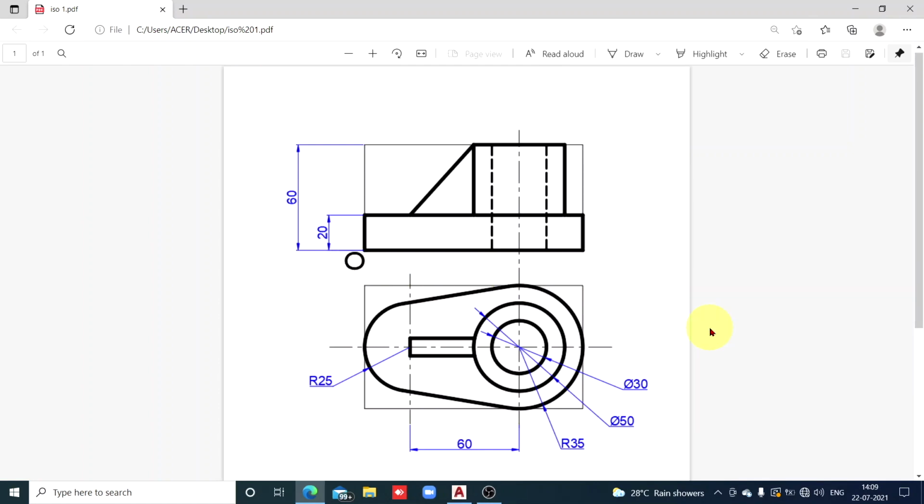So now listen to me very carefully what I am telling you. In the front view or in the top view, check on which side point O is mentioned. Whether point O is mentioned on the right side or on the left side. And in the isometric view, on that side you should consider the width axis.